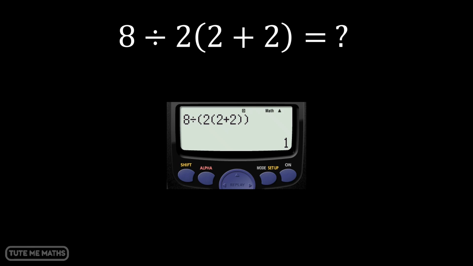You may have noticed there is now an extra pair of brackets on the calculator's screen. This happened automatically when I pressed equals. It's the calculator's way of clarifying how the correct order of operations has been applied. And in fact, this highlights exactly where most people have been going wrong in posts such as these on social